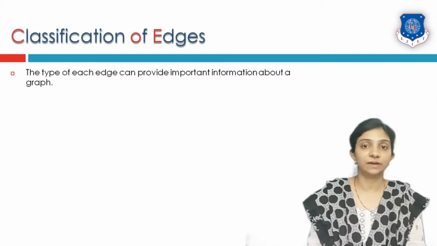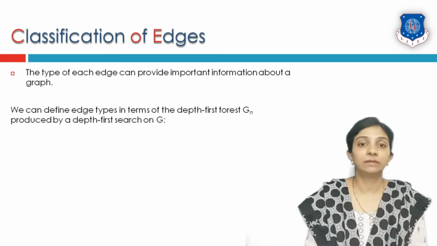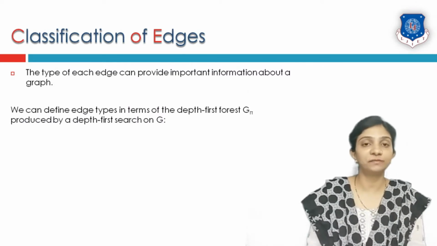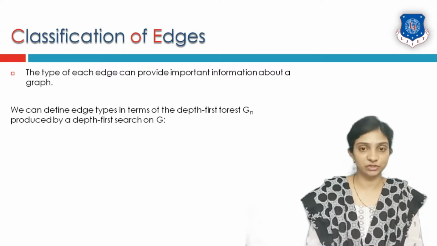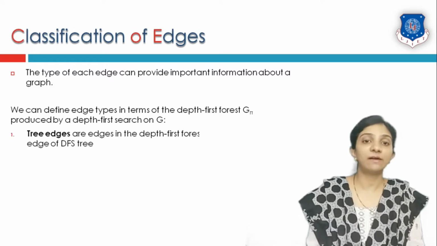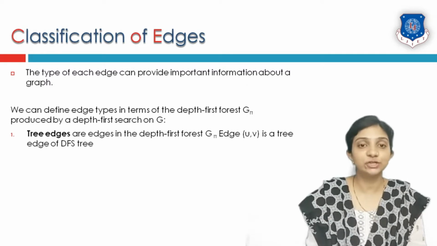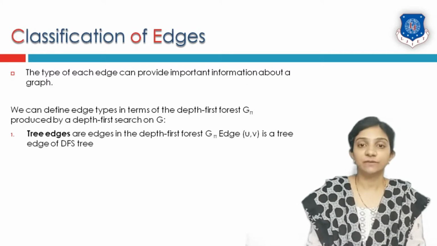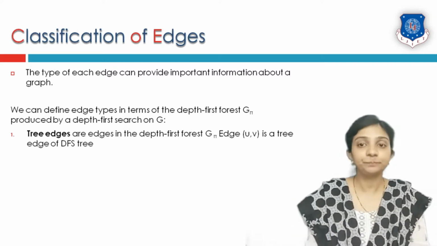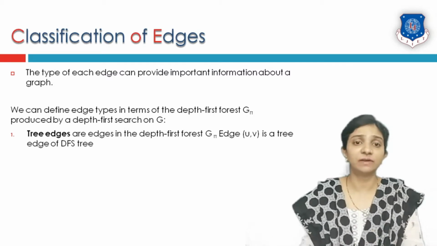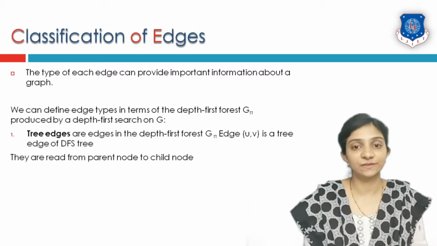Now edges in a graph actually provide important information about a graph. There are different types of edges in terms of depth first search. So recall what is depth first search traversal of a tree on a graph. In that we have to find out different types of edges. First of its kind is tree edge, which is an edge generated inside a depth first forest or depth first tree, which is also present in a graph and also present in a DFS tree itself. That is called a tree edge.